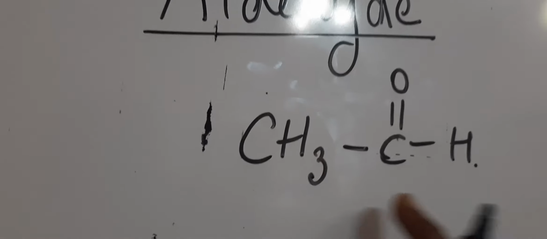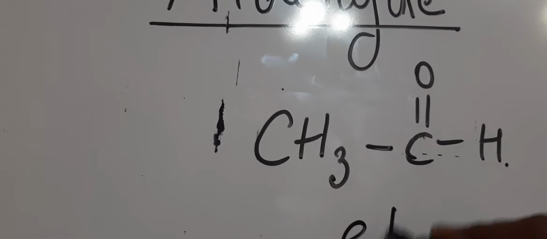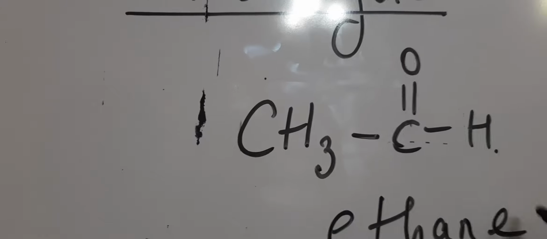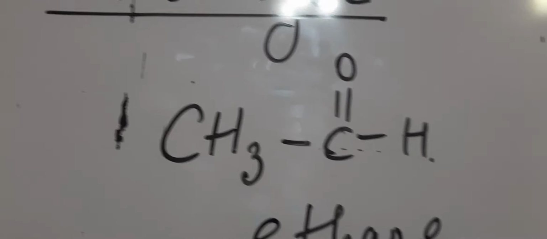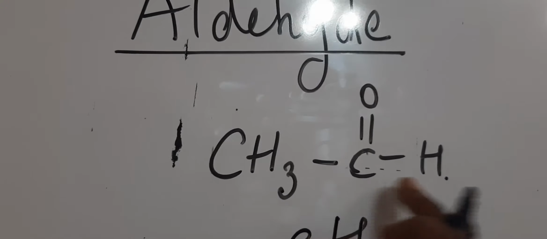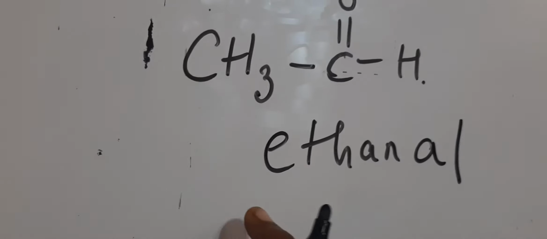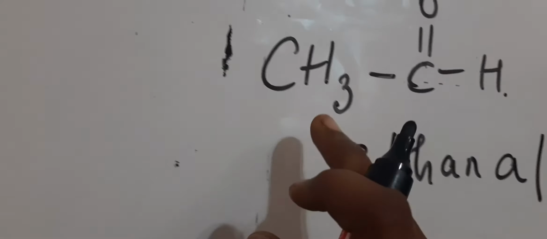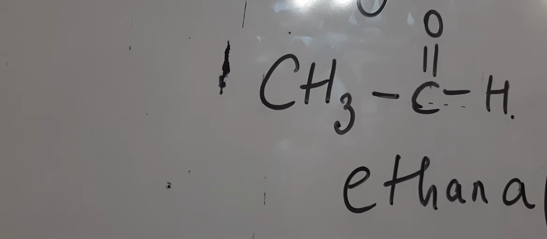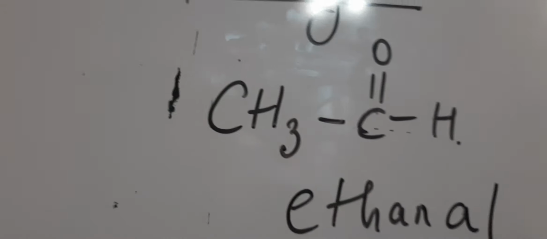Two carbons are there, so for the IUPAC name, when there are two carbons the corresponding hydrocarbon is going to be ethane. Since it is an aldehyde, instead of E we can put Al. So ethanal will be the IUPAC name for this acetaldehyde. Acetaldehyde is a common name. So this is aldehyde. Now we'll see by what methods we can prepare the aldehyde. So this is actually an aliphatic aldehyde.